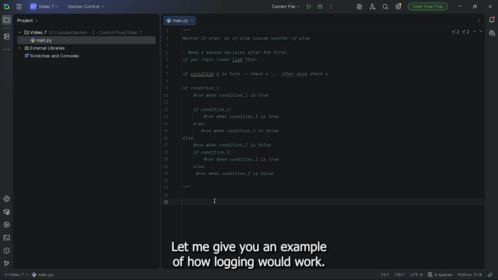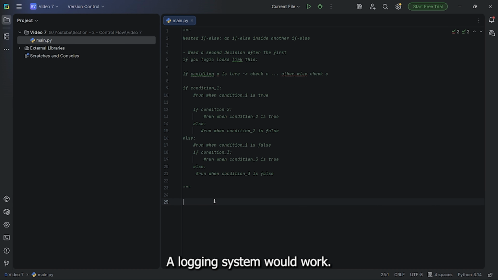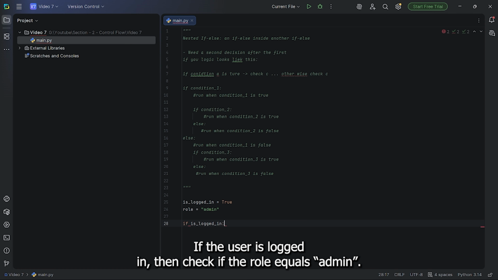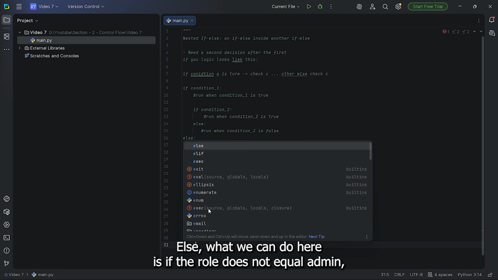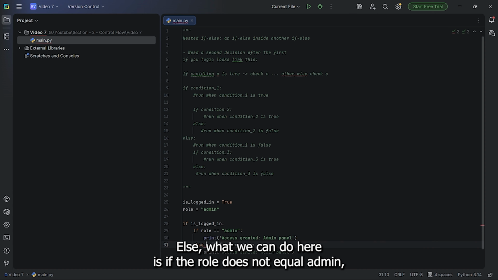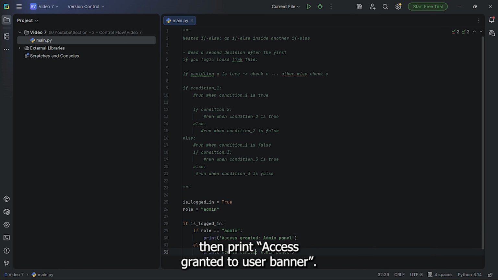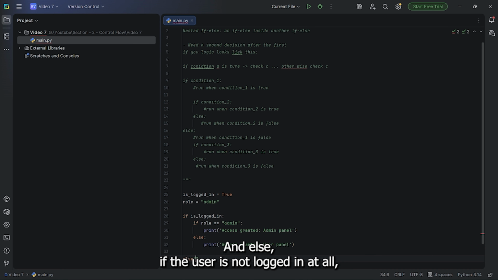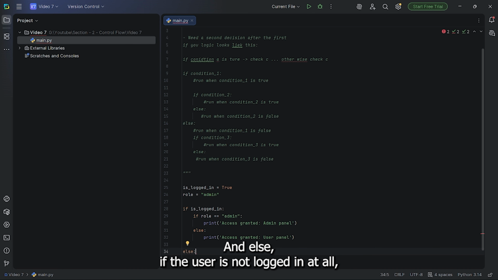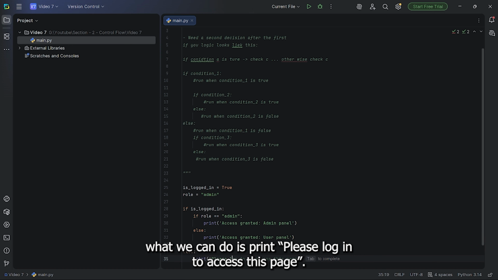Let me give you an example of how a login system would work. For example, let's check if the role is admin. How we can check login and role: if the user is logged in, then check if the role equals admin, then print access granted to admin panel. Else, if the role does not equal admin, print access granted to user panel. This way you can separate the admin and the user into different sections. And else, if the user is not logged in at all, what we can do is print please log in